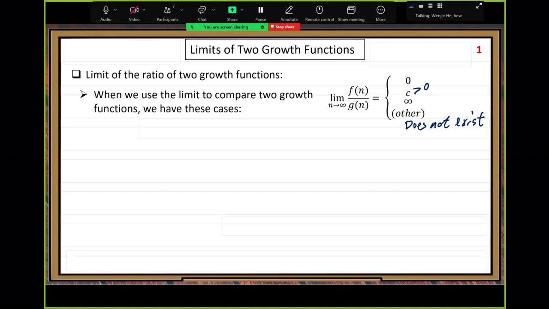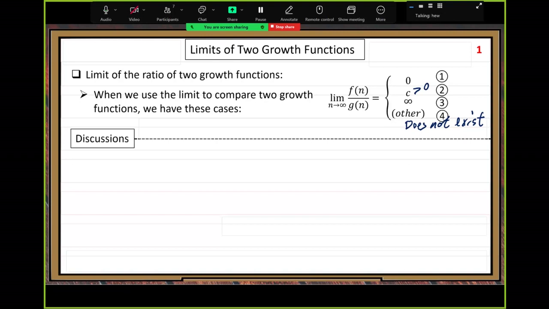It's not guaranteed that the limit always exists, right? Sometimes it exists, sometimes it does not exist. So we should consider that case. The limit does not exist. So these 4 cases. Then,